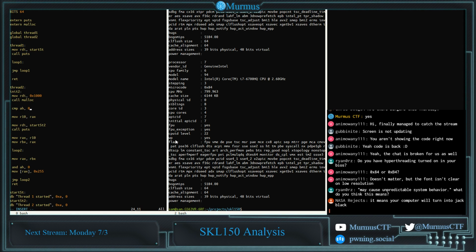Compare AH to 0. Jump equal. So if AH is 0, we want to jump to init2. Basically, I want this to keep allocating memory until AH is 0. And the reason for that is because we should be able to say in loop 2, when we set this up right now,